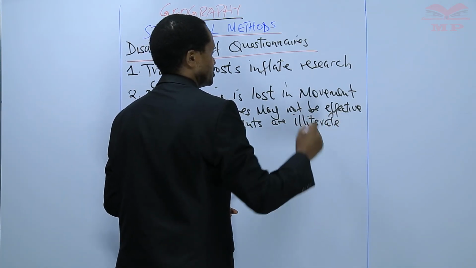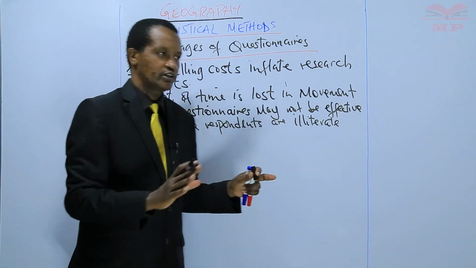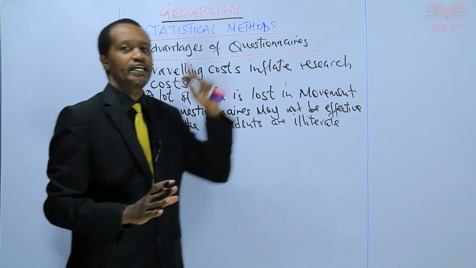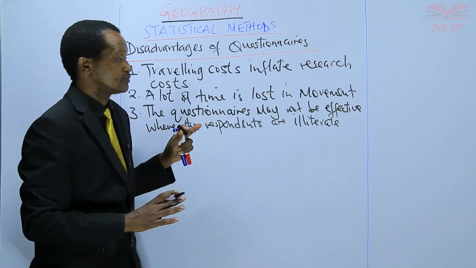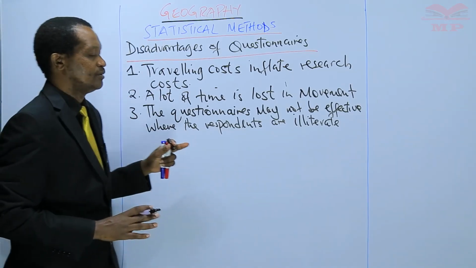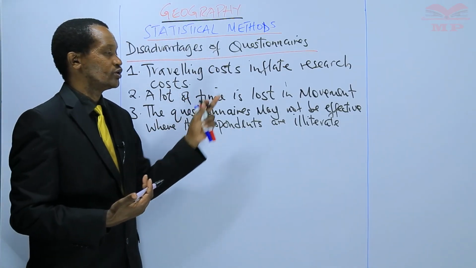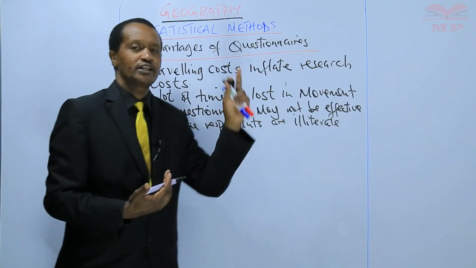Because sometimes the researcher has to structure the questions, then send to the respondents. So if the respondents are illiterate, meaning they are not able to read, then they will not effectively answer the